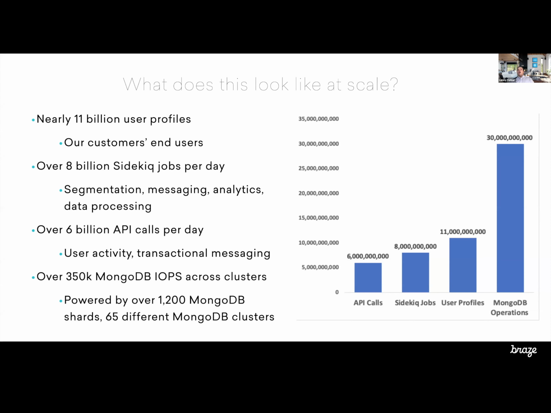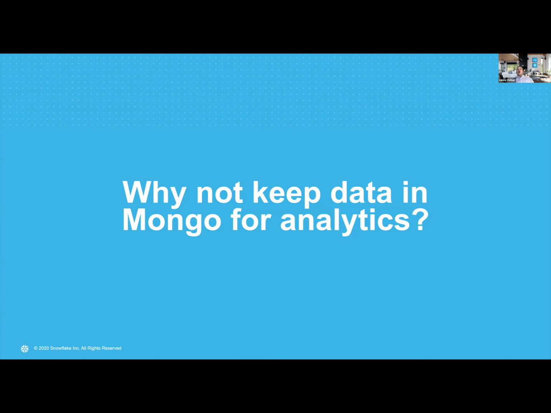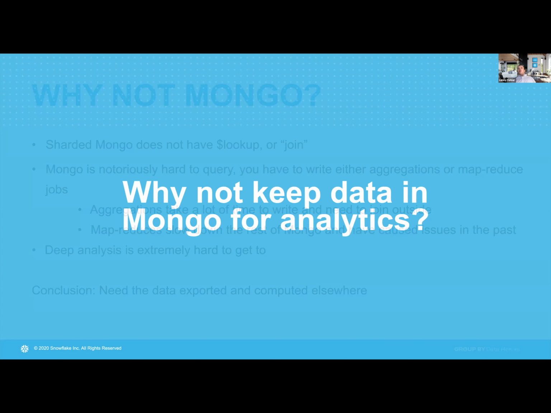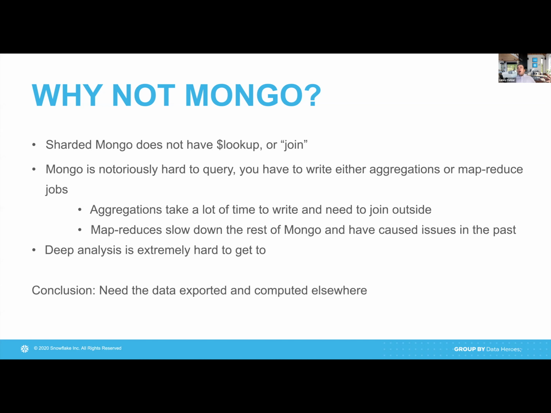We use Mongo as our main store of this data. But as you may know, Mongo is not great for analytics. It's great for fast performance and fast transactions, but for analytics, it's not great. I'll tell you why. First, we have sharded Mongo across regions and across our own clusters. So it's hard to do joins, or as Mongo calls them, lookups. Without doing joins, it's really hard to do any analytics, and that's not even to mention grouping by something that you join on.